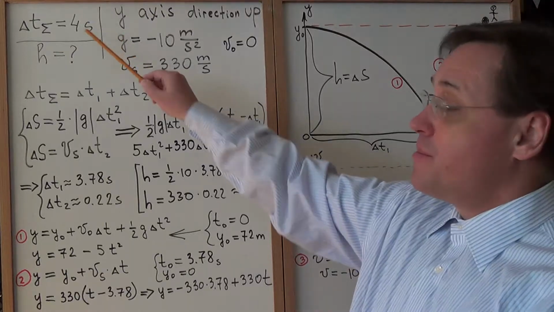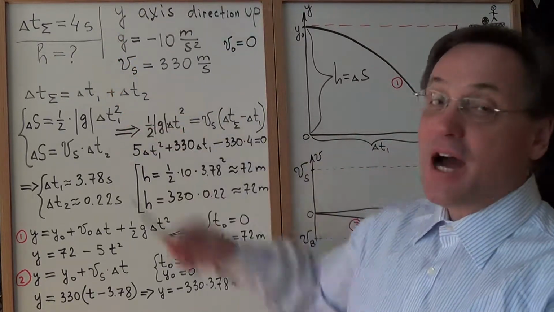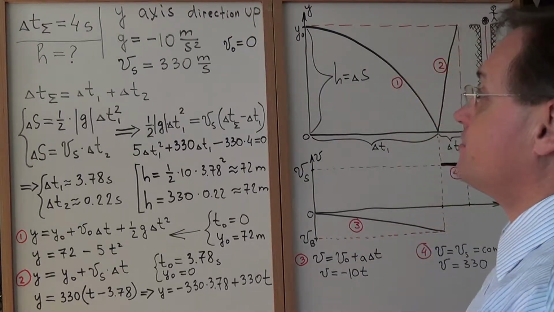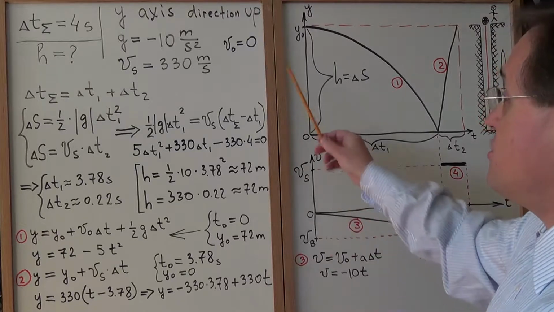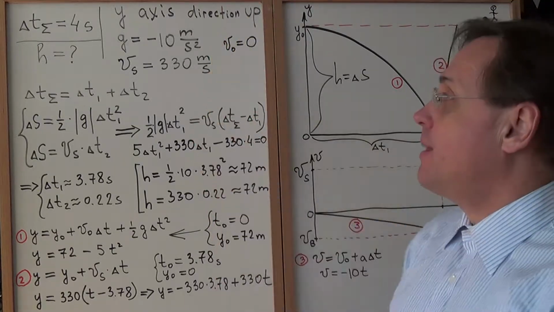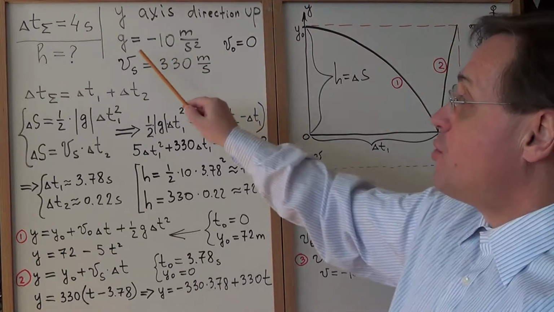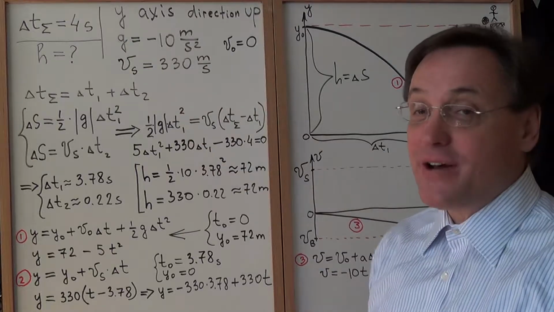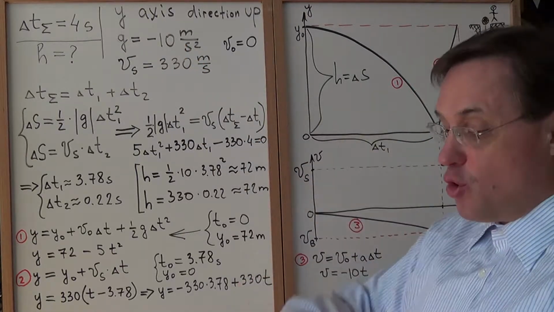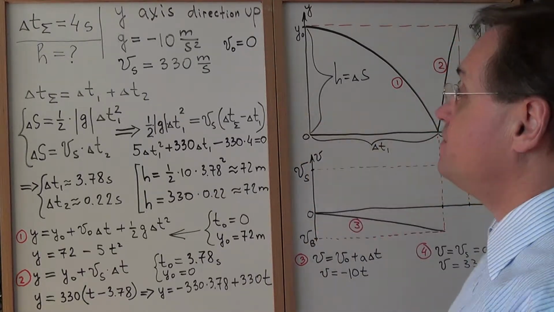So the total time that you counted is 4 seconds. The question in our problem is to find the depth of the well. So let's choose the y-axis direction up. Then our acceleration due to gravity will be negative. Since we just drop the rock, the initial velocity is 0, and